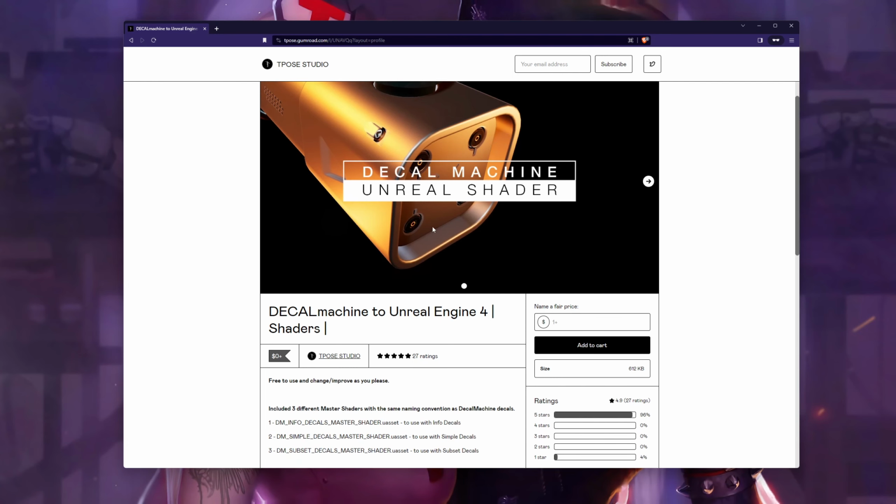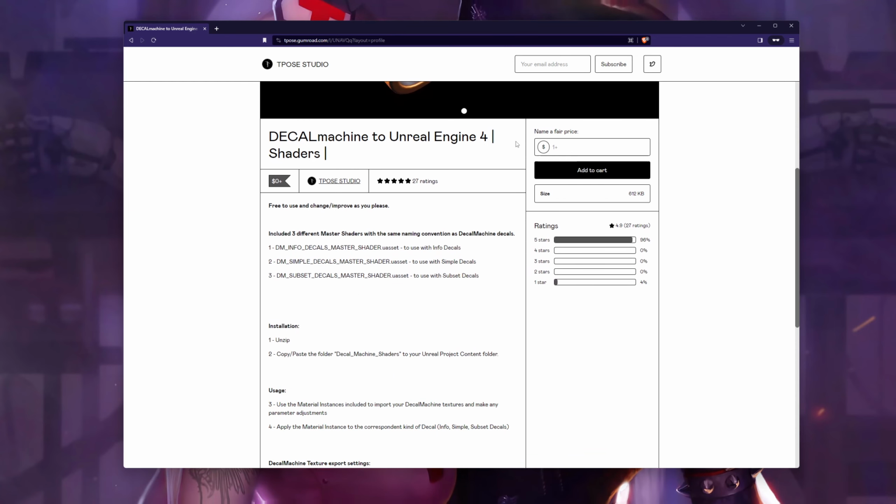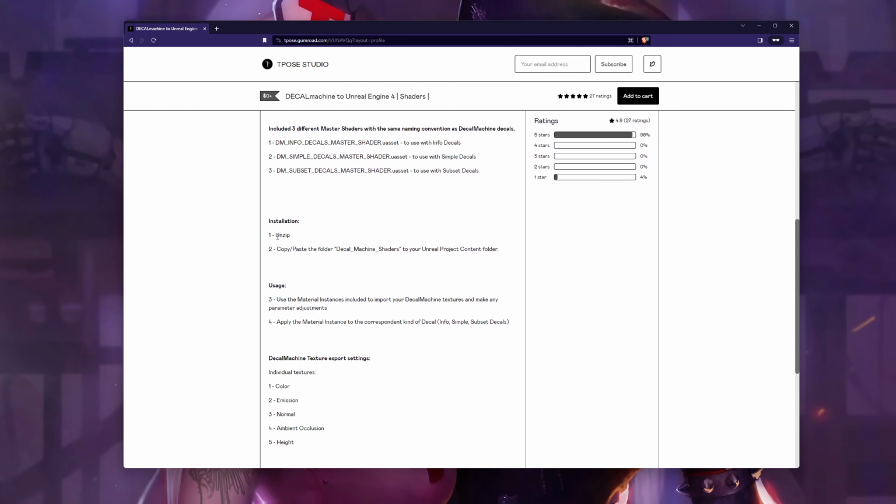So for this to work, you have to go to this Gumroad page. I'm going to leave a link in the description and just download the zip file. It's free. And this guy is just insane. I have no words to describe this shader. He's just a genius. So after you unzip your folder, just paste it into your content folder of whatever Unreal